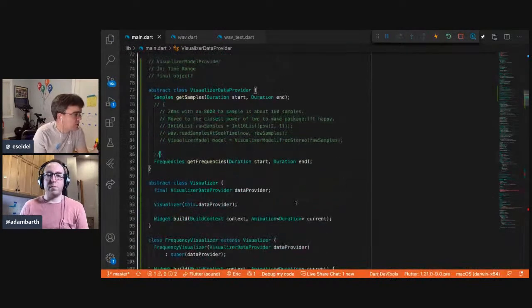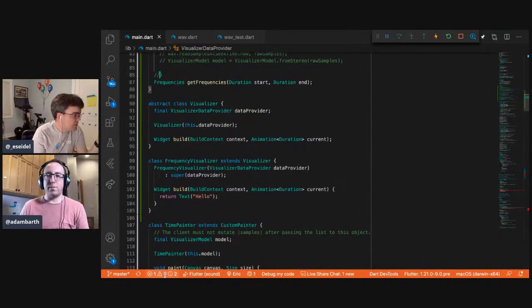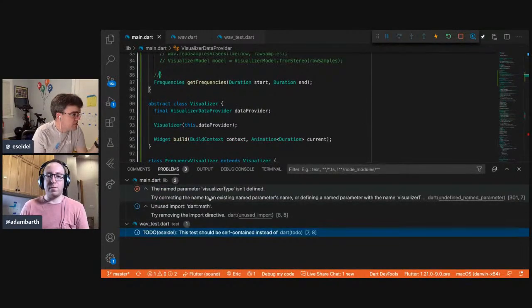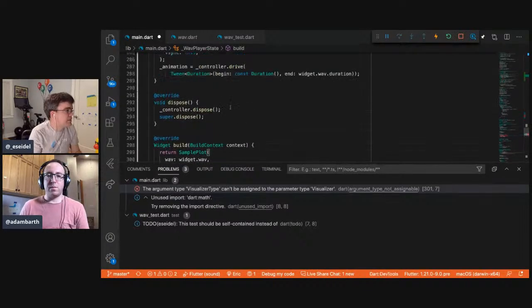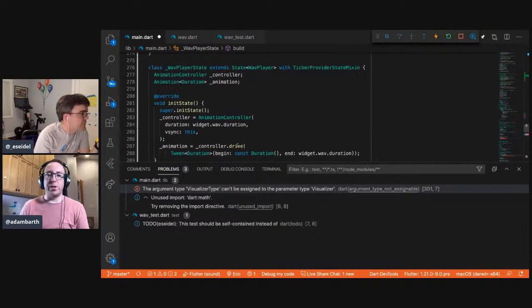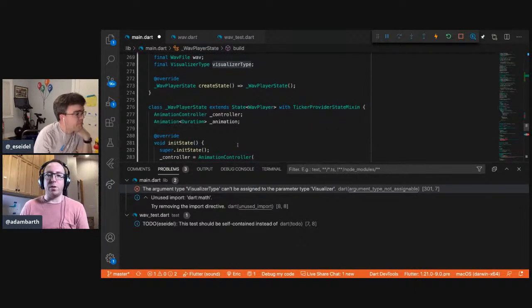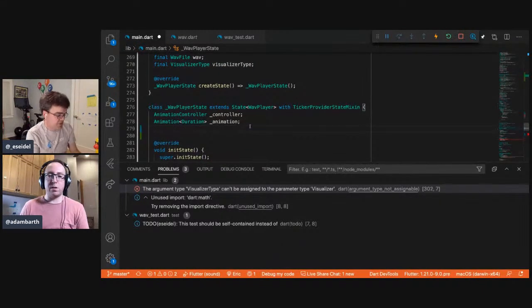Okay, so let's go back to our errors. Visualizer type. So this we can all remove because this is now the visualizer. And somebody needs, right, this is the stateful widget. This thing I feel like should own the visualizer and hold the state about what visualizer we're working with. That's fine.